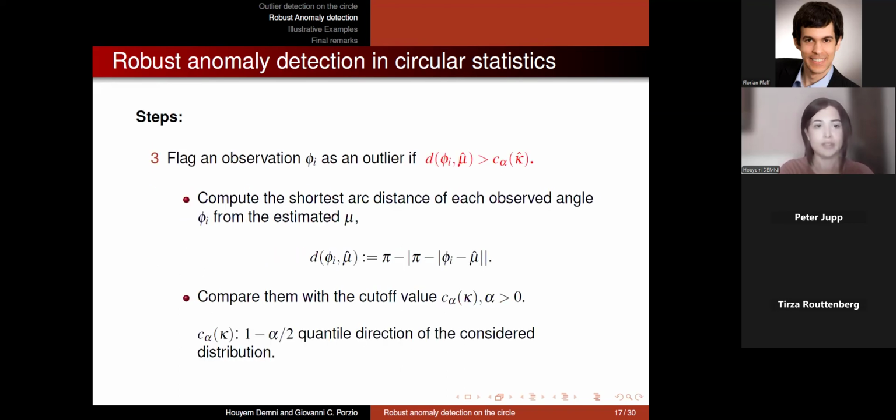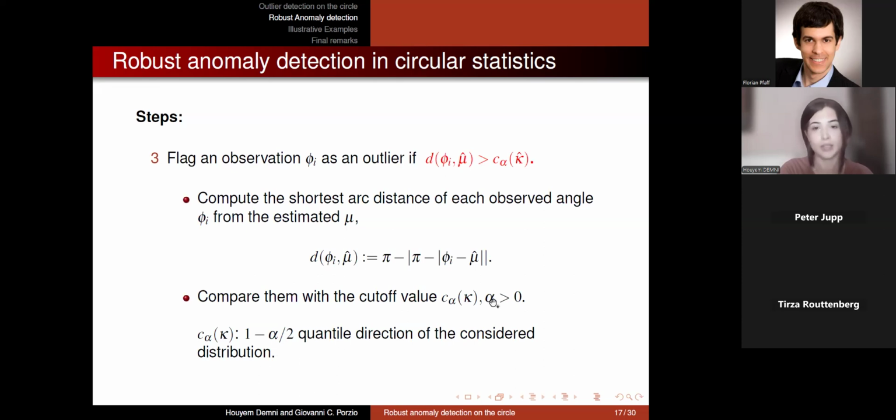So the third step is also composed of two main steps. I said that we flag an observation as an outlier if the shortest arc distance from the observed angle to the estimated mean exceeds the threshold. Here we compute the shortest arc distance of each observed angle, phi i, from the estimated mu. Given this formula, we then compare the distances with the cutoff value C alpha of kappa,